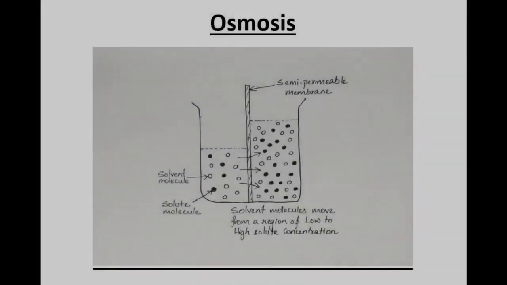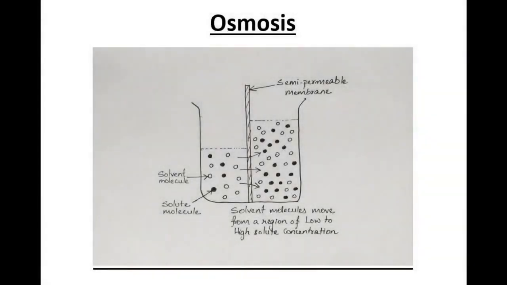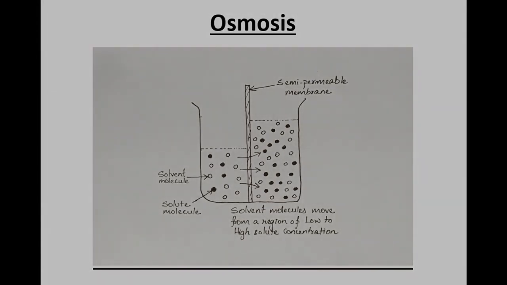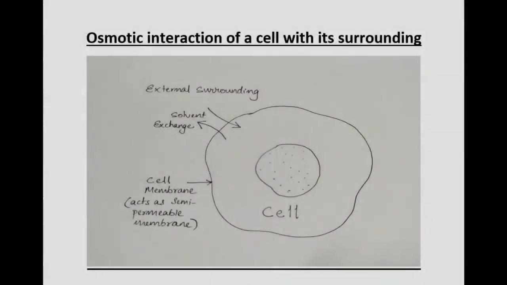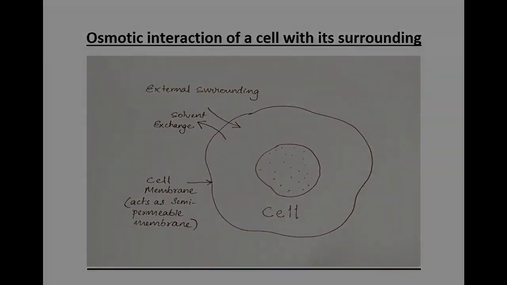Osmosis is defined as the movement of solvent molecules from a region of lower solute concentration to a region of higher concentration across a semi-permeable membrane. Osmosis plays an important role in the interaction of cells with their external fluid surroundings. The cell membrane functions as the semi-permeable membrane through which transport of solvent molecules occurs between the intra- and extracellular